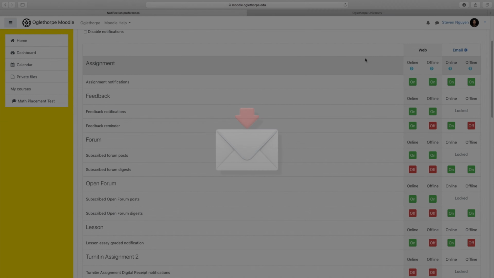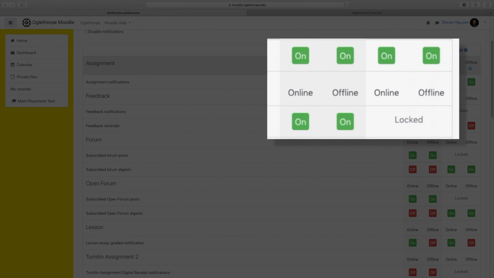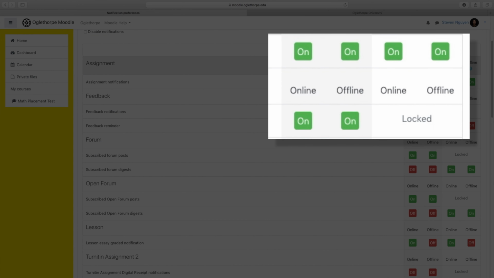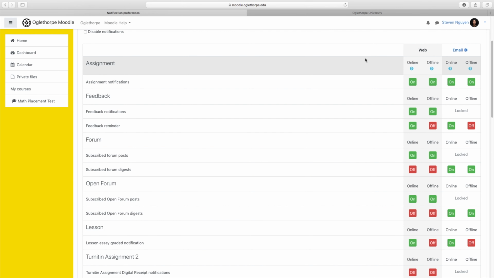It is best practice to get email alerts for the most important Moodle features. This will help you to make sure that you aren't missing assignments and activity in your classes. Most of these email alerts have already been turned on by default. Also, some of these options are locked, and others we don't really use at Oglethorpe, so just focus on the following ones: